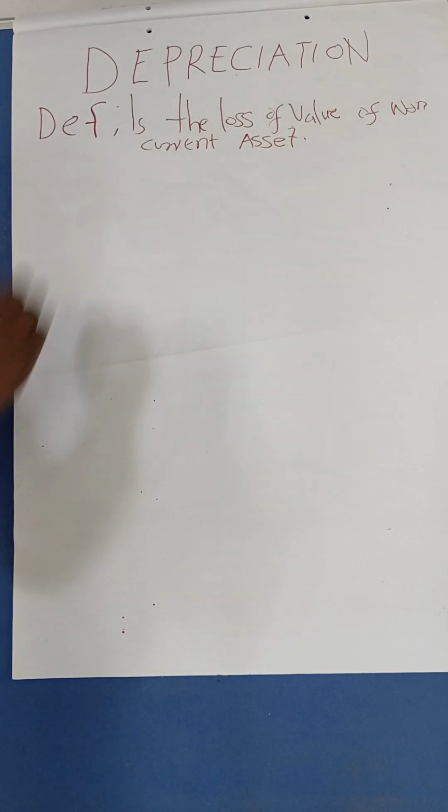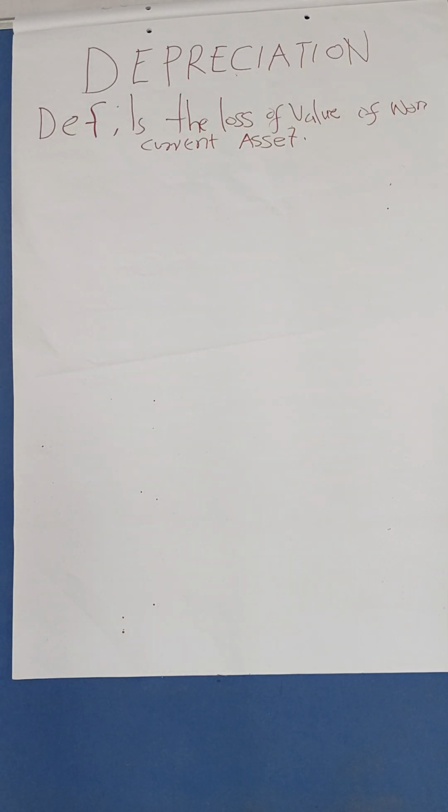I believe all of us know non-current assets. In the other video, while I was introducing financial accounting, I said that assets are categorized into two. We have the non-current assets, or you can call them fixed assets, and at the same time we have the current assets. Non-current assets are assets that the business brings into the firm to help generate income for the organization, but not for resale. And we intend these non-current assets to be in the business for a period of more than 1 year.